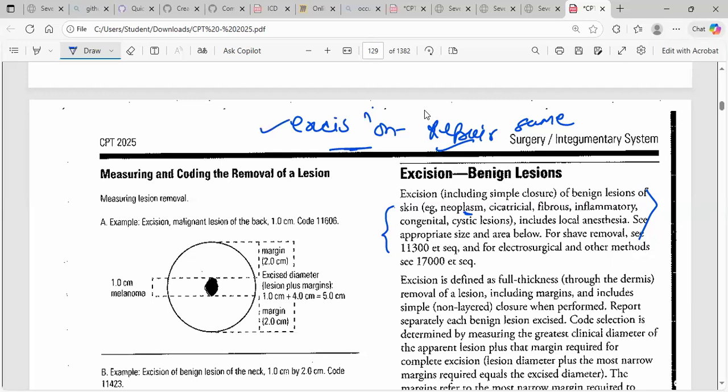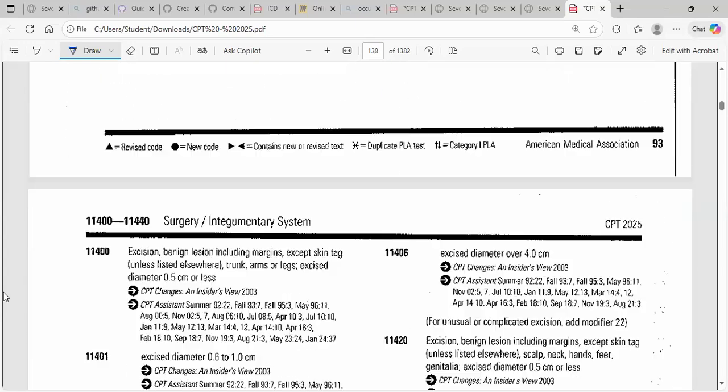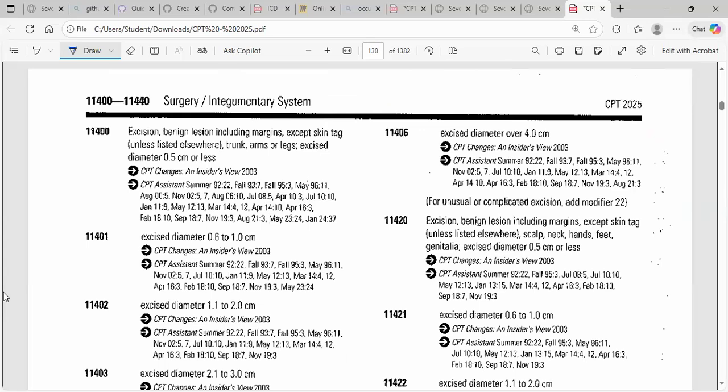If the doctor is doing the excision at a different location and the repair is at a different location, we are going to bill both with the modifier 59 to represent that both happened on different locations. Now let's move further. Our excision codes are based on the diameter. Diameter means how much excision has been completed, how much area has been excised. Whenever you calculate the diameter, you have to include the length of the lesion,